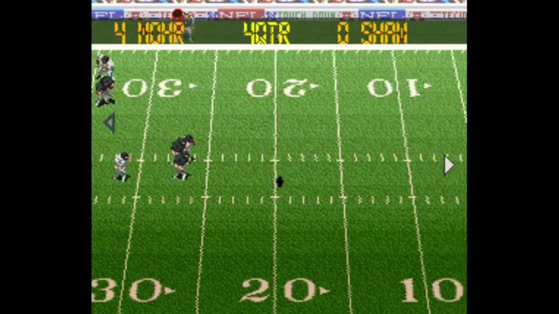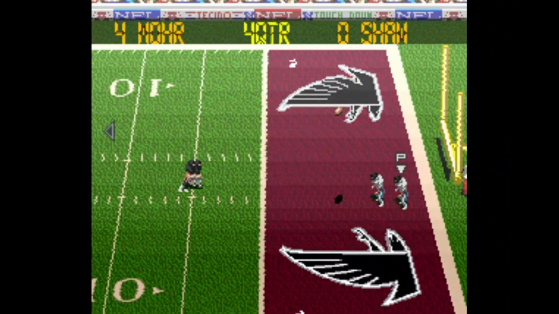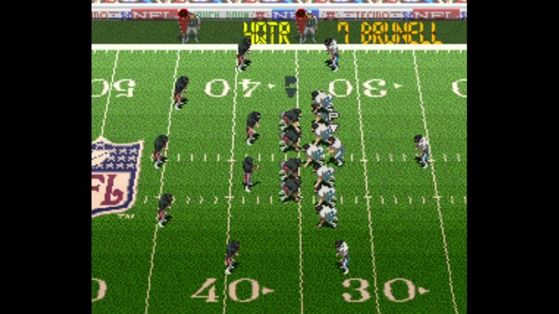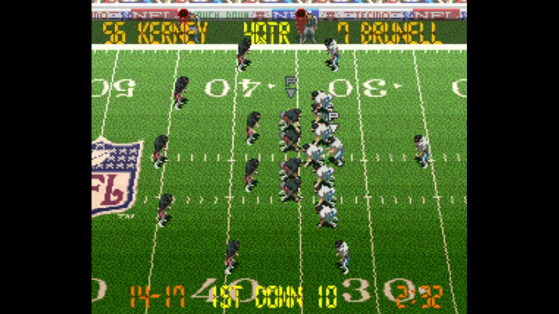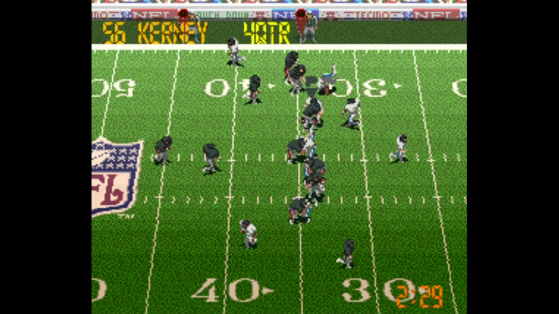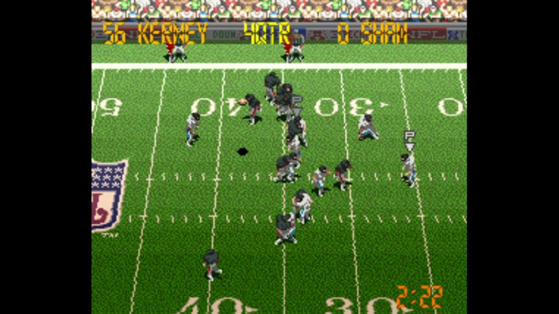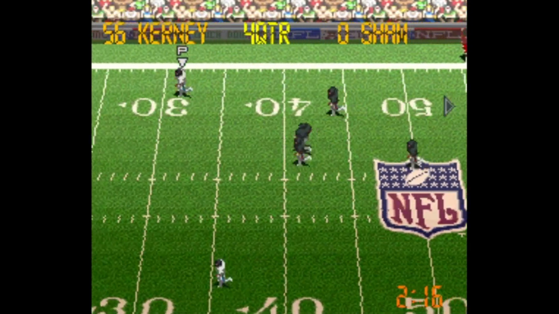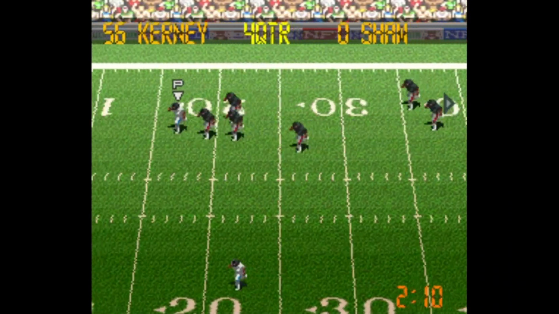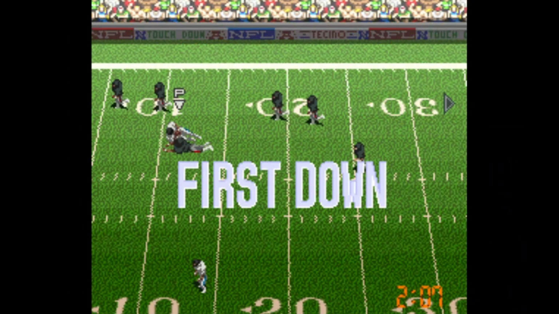After some pressure here, they're able to get the punt off. Naturally, it's going for a touchback. So Jacksonville takes over at the 20. They pick up 15 yards, 2:32 to go. After the play action, Mark Brunell's going to look deep for Bobby Shaw. Makes the catch, picks up a ton of yardage inside the 20, near the 10.